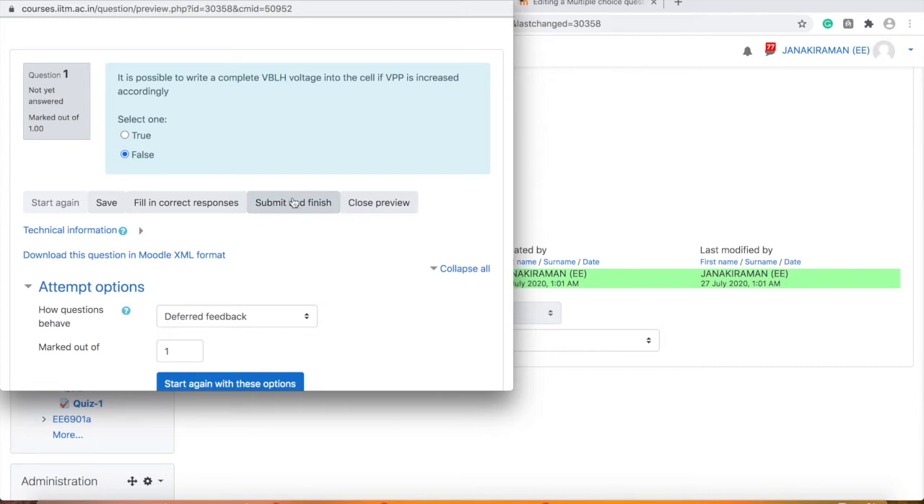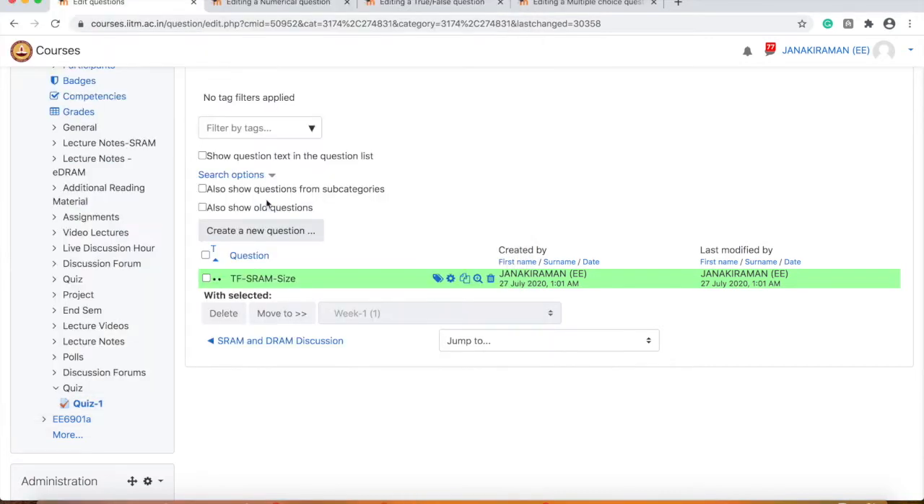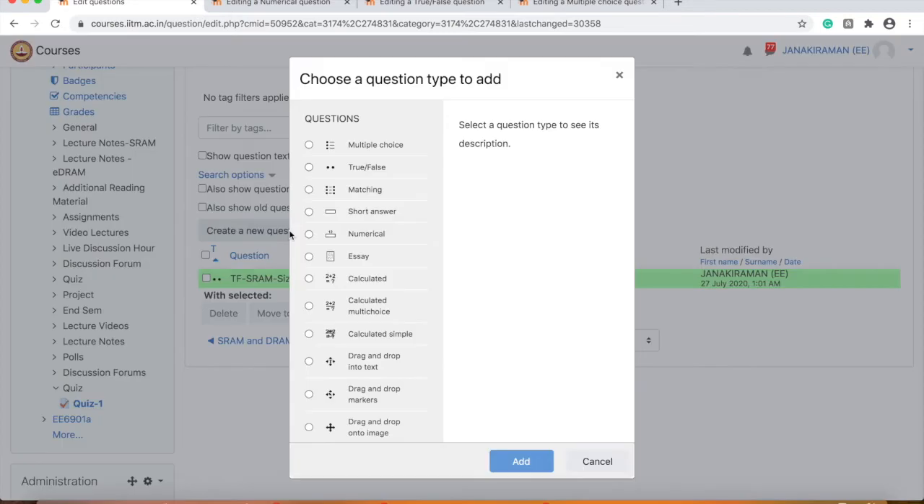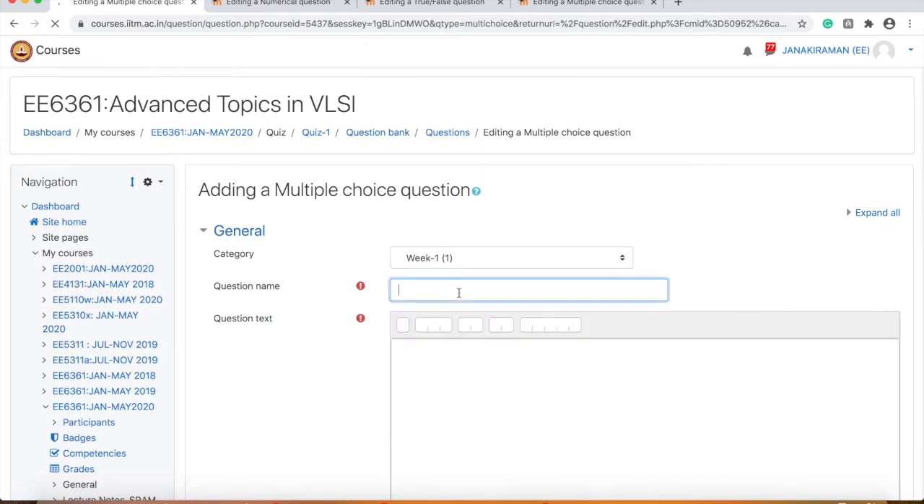If I want to test whether it's correct or not, submit and finish, it will tell you that the correct answer is false and therefore my attempt is correct. This is how you verify that the question appears correctly for the students, right? So now I'll go ahead and add another question, which is a multiple choice question, MCQ. Okay, and so let me call it MCQ SRAM